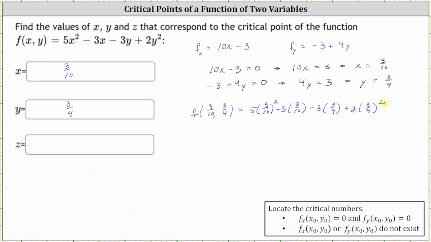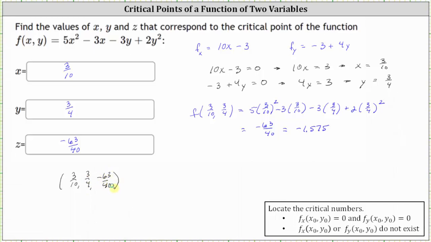For the sake of time, I've already evaluated this. It comes out to negative 63/40, or as a terminating decimal, we have negative 1.575. I'm going to go ahead and use the fractional value of negative 63/40. So the critical point for the given function is the ordered triple 3/10, comma 3/4, comma negative 63/40,